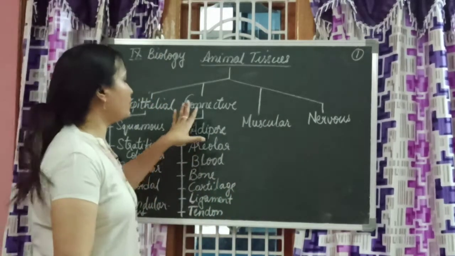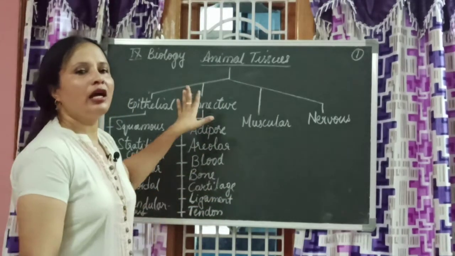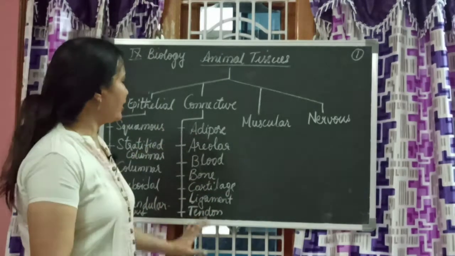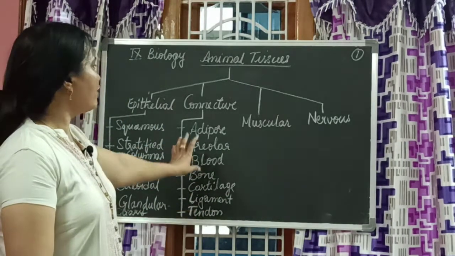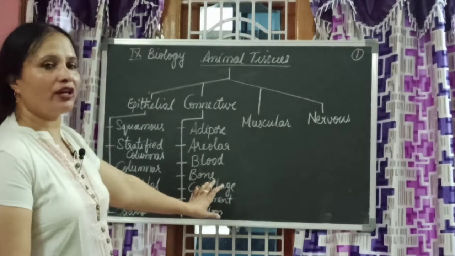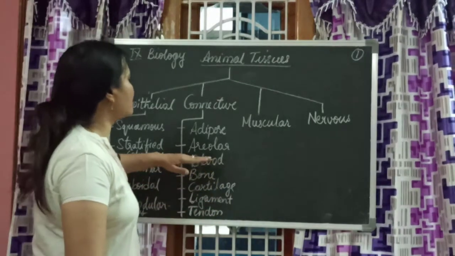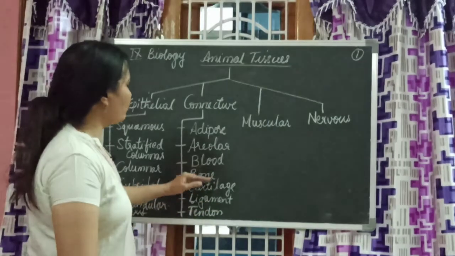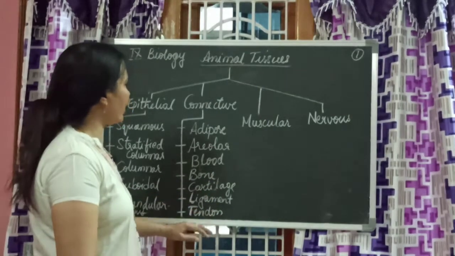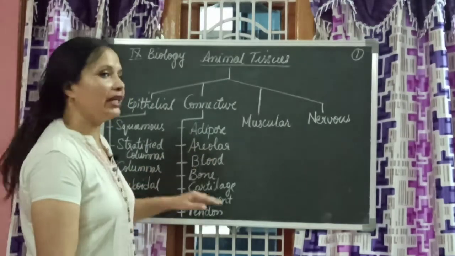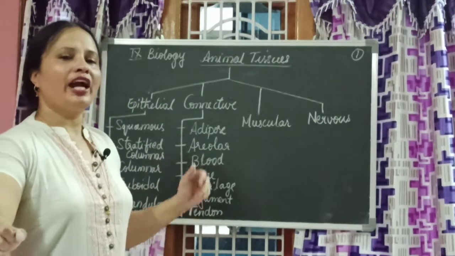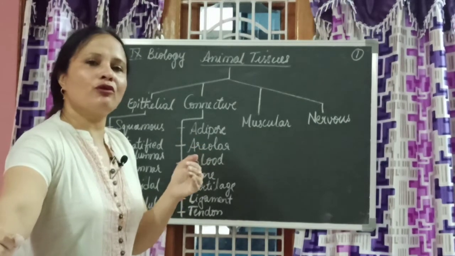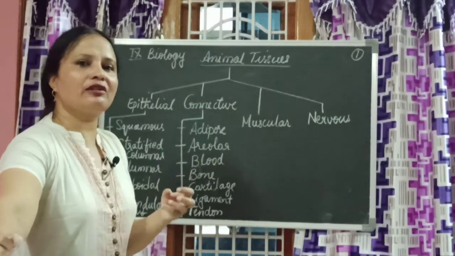And let us remember them in, I remember them in alphabetical order. You can remember as per your wish. Tomorrow in our next session, what we will do is, we will learn about that. Now you might have got a doubt, how come this blood come in between? That I will explain to you. Maybe from bone, cartilage, ligament and tendon you could understand. Adipose, areolar, blood. These 3, blood you know, adipose and areolar you don't know. So from these known to unknown and unknown to known, that interesting way we will learn now.